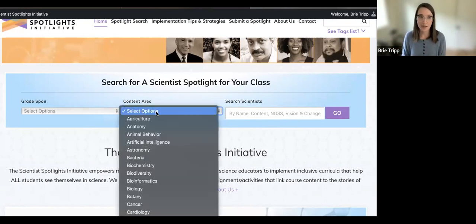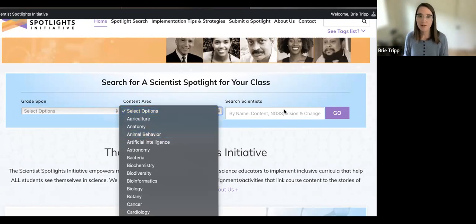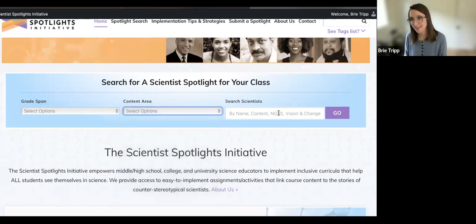So if you come over here and push college, and then you come over here and push animal behavior, and then you also enter a scientist that you're interested in, and then push go, it may not come up with anything. So try and just use one of these is my suggestion. And then